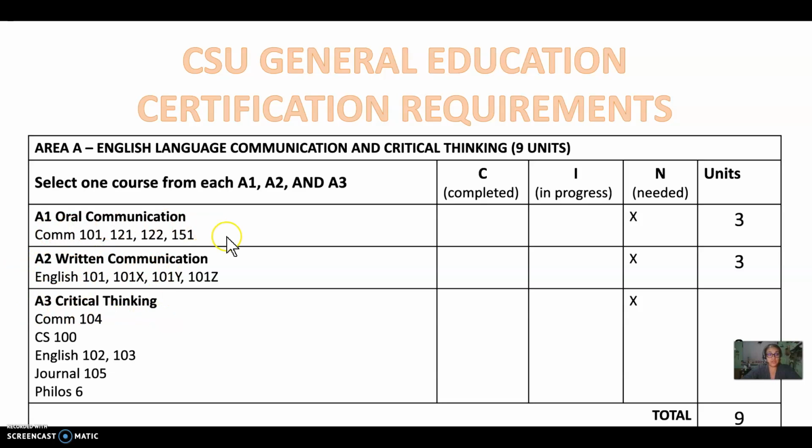And so here you've got your communication. You have 4 options for English. They're all different versions of English 101. And you have several options for the critical thinking requirement, including a communication class, computer science, 2 English classes, a journalism class, and philosophy. If you want to go to a UC, however, you don't have as many options for